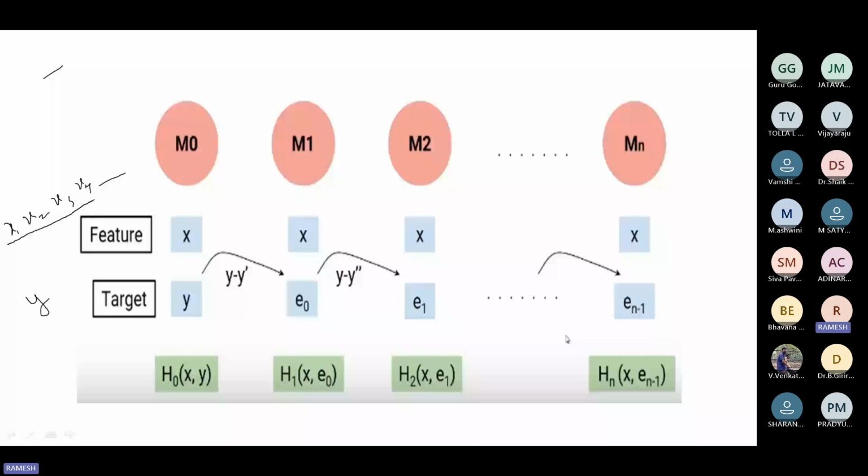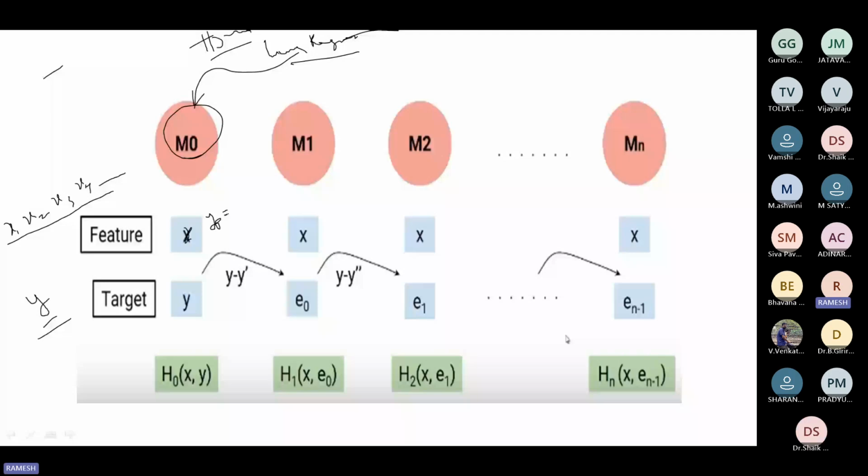x1, x2, x3, x4 are the features, and the target variable is y. So we trained a model 1, the first model. Boosting means homogeneous, so we need to take the same model, like linear regression. With linear regression, the first model uses the x values and forms an equation,